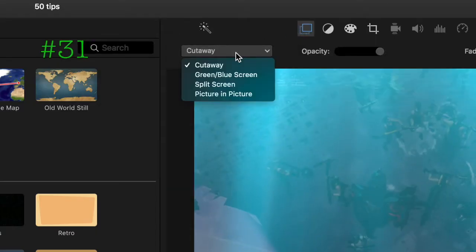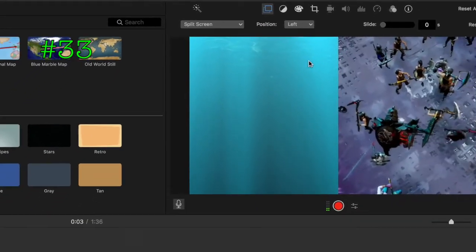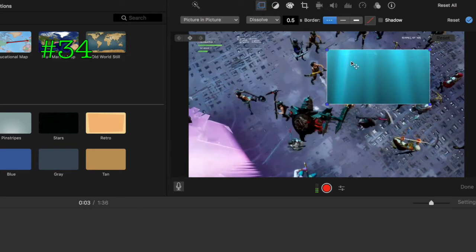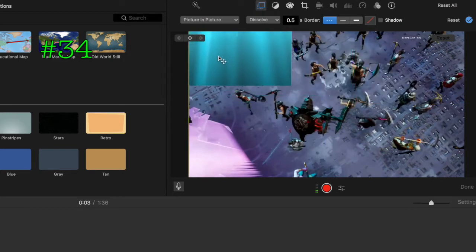So basically, cutaway is where it's just above it. Green screen and blue screen is if you import something above that, which is basically like a green screen effect. You then click green screen / blue screen. If you want to have it split screen, so it's on either side, then you click the split screen. If you want to have it picture in picture, which is like a face cam of a let's play video, then you can basically click picture in picture, and then you can put it in one of your corners, and